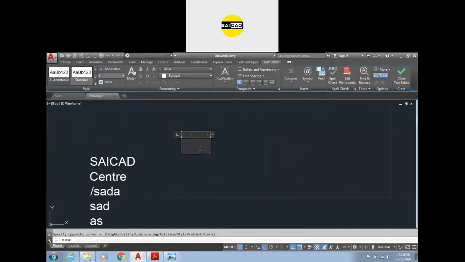If you create a very small box and type any text here, you can see I have not pressed the enter button, but the text is shifted downward because I have selected a very small rectangular area here. So to increase the size of the rectangle, you just have to go here and drag this arrow.